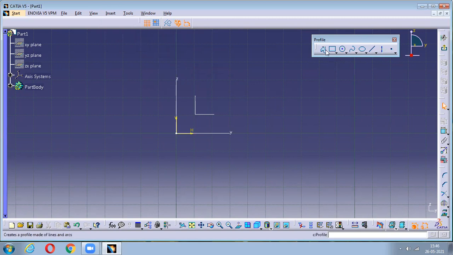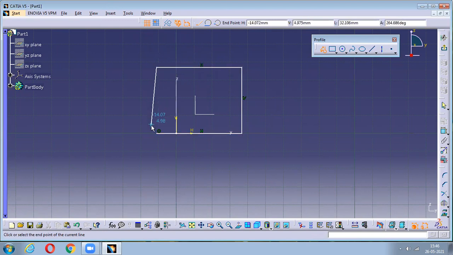Now the first tool we have is called profile. So profile is used to create continuously. For example, see. Once this part is completed, that means once I close this, the tool will be automatically switched off. So you don't worry about the dimensions earlier. In each and every modeling software, the dimensions will be given later on. It's not like your AutoCAD where at that particular time only you have to give the dimensions. So you can give the dimensions later on. Okay.